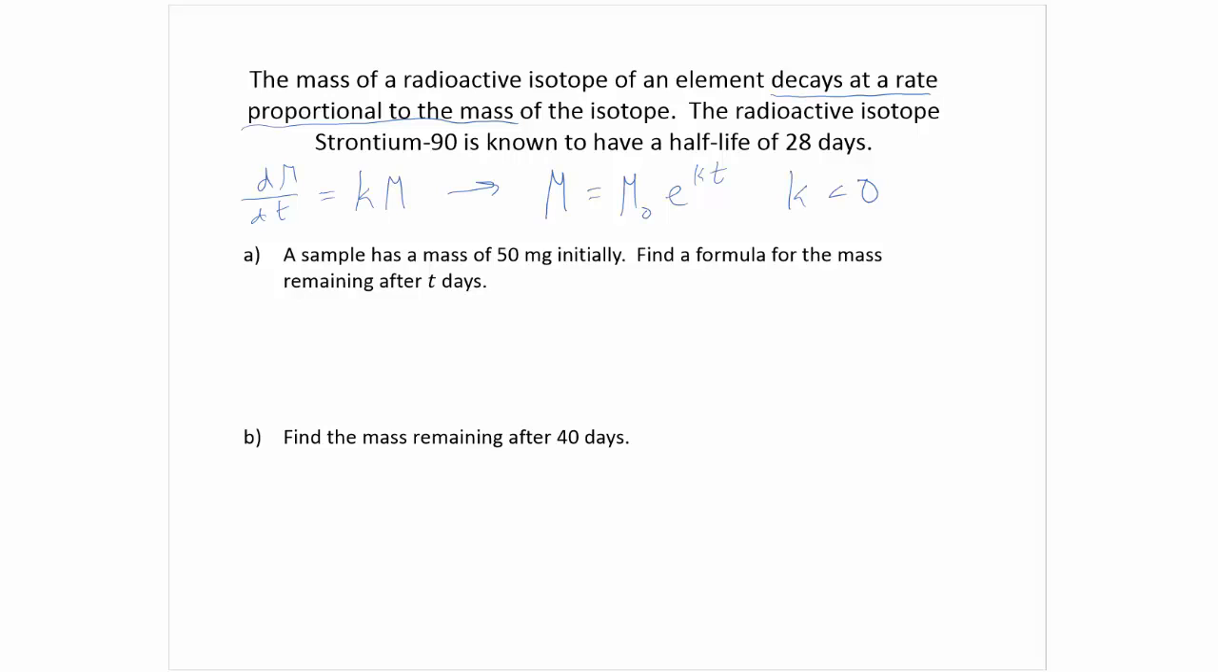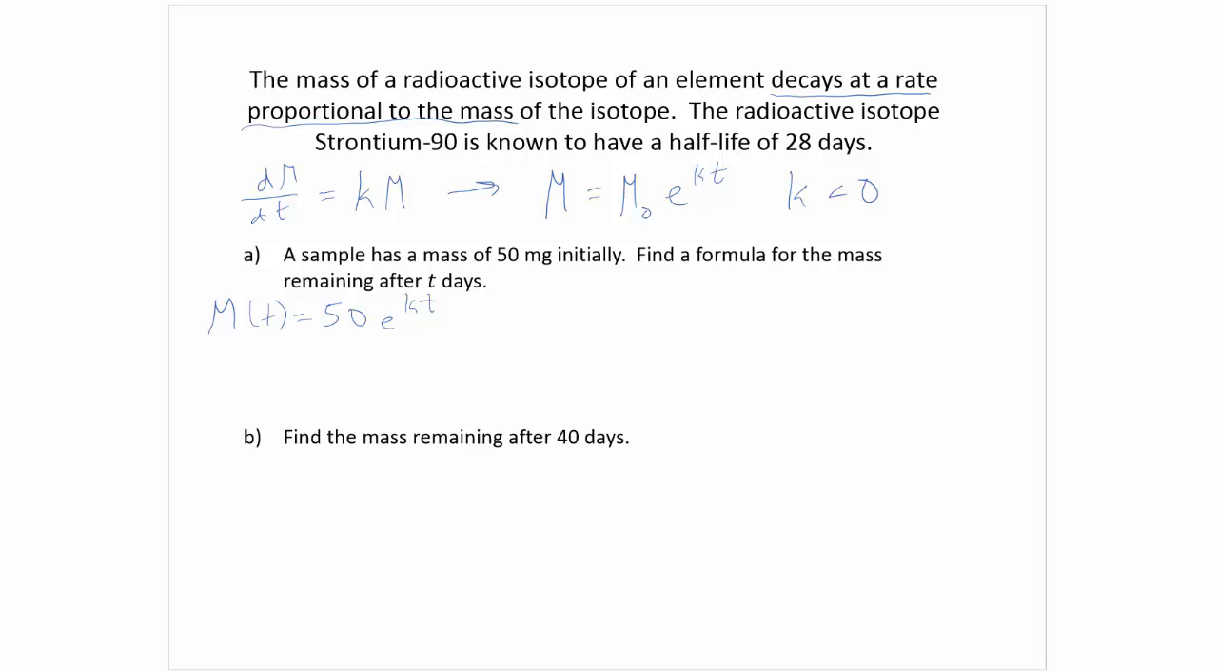Now we're told that a sample has a mass of 50 milligrams initially. Find a formula for the mass remaining after t days. All right, well, we know that we can start with m of t is equal to 50 e to the kt. Now, we know from the original statement that the isotope is known to have a half-life of 28